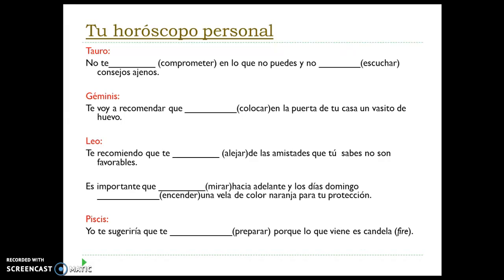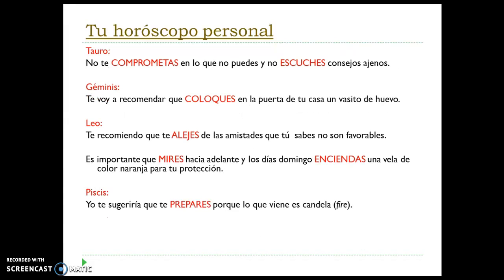And the answers are going to be here: que comprometas, escuches, coloques, alejes, mires, enciendas, y